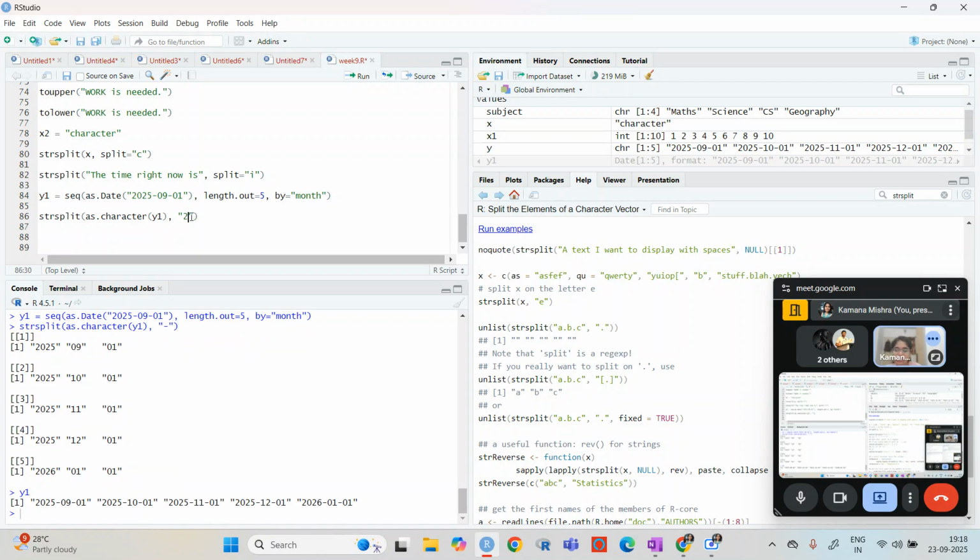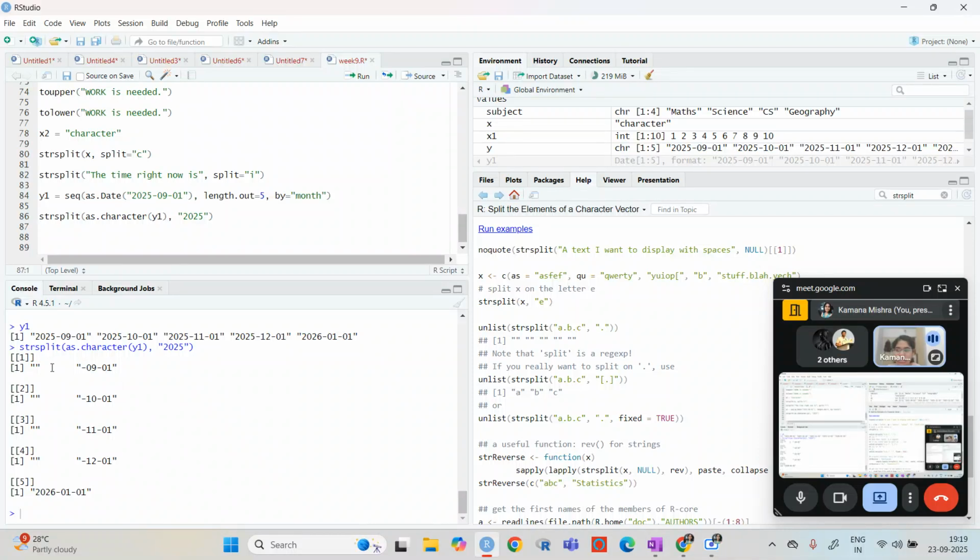Or what will happen if I do this? You can see that I can separate it by this 2025, so it will just remove, but 2026 is not there. So we can separate in different ways. One is strict.